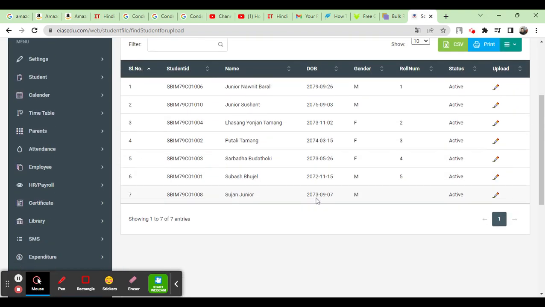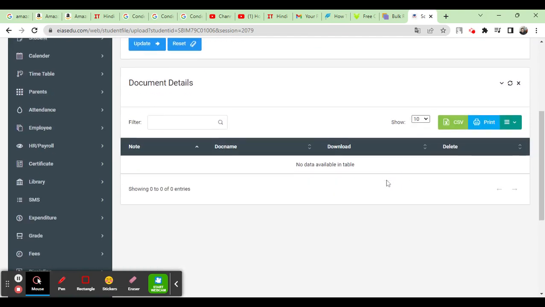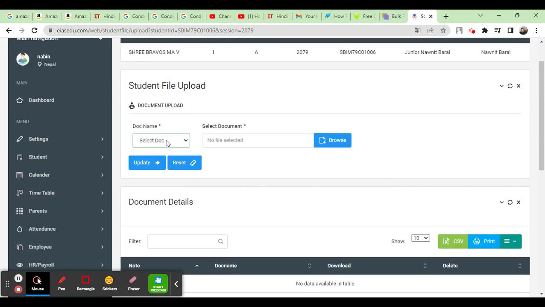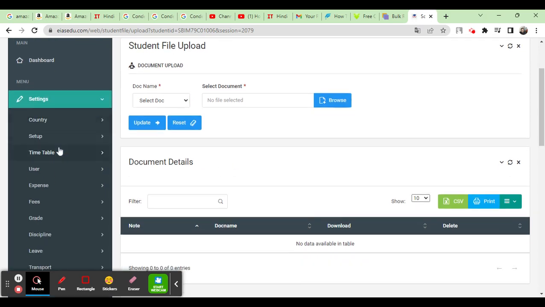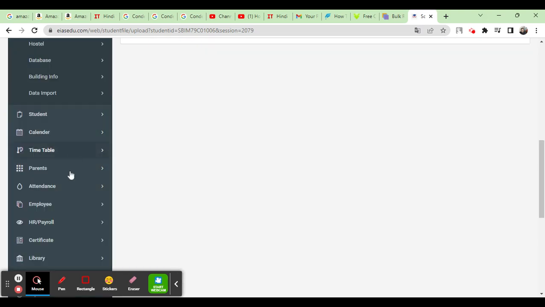At that time you can avail of this. So here you can submit. Document types are citizenship number, passport, driving license, PAN card, electricity bill, voter ID, whatever you can submit here. No issues for that. So once it is done,